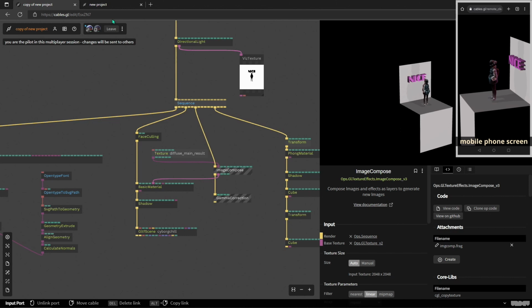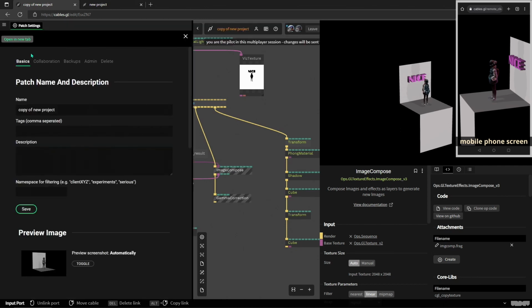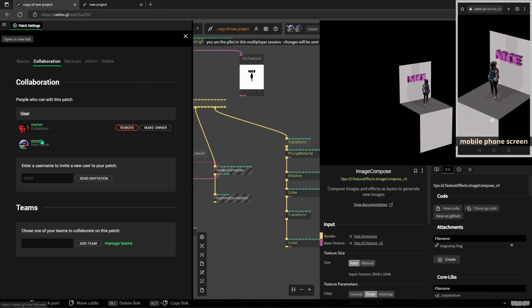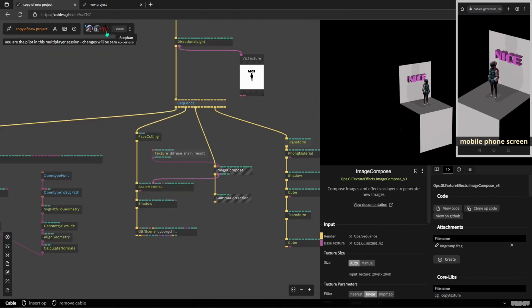So first of all, let's quickly go into this. If you click on the patch name again, you will see patch settings, and then you will see a tab that is called collaboration. Whenever you added or invited people to the patch, they are a collaborator, and they can edit everything. And if these collaborators then join the same patch at the same time, as I'm now trying to do, you can close this again, I think, because then in the multiplayer bar, as we call it,